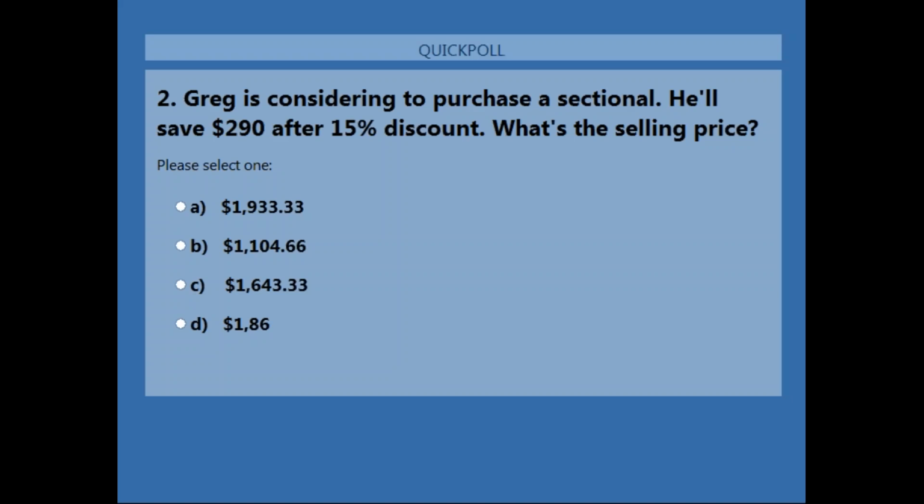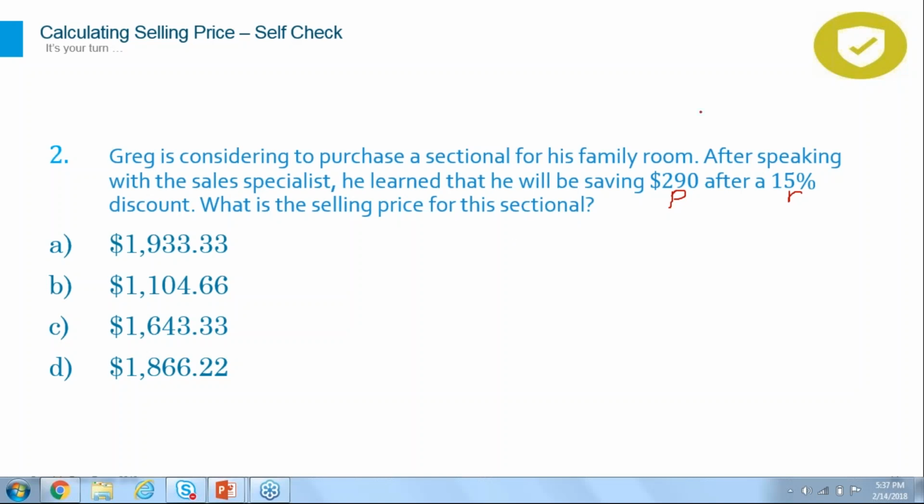Okay, let's do the question together. So again, I can do it two ways. Either way, I have to find the tag price first. And then it's up to me if I want to use the rate as 15% or I can use the rate as 85%. Either way, again, it's going to give me the same answer. So let's do